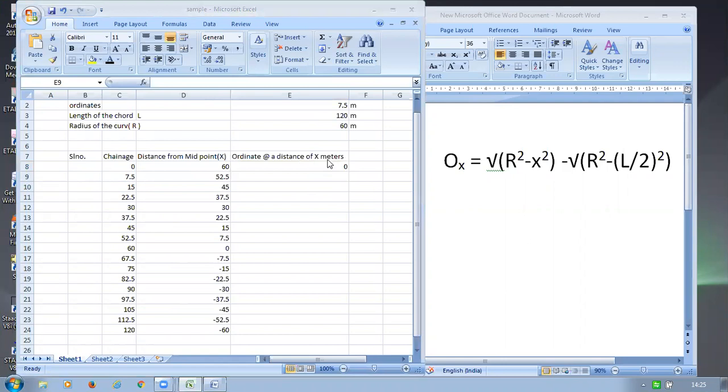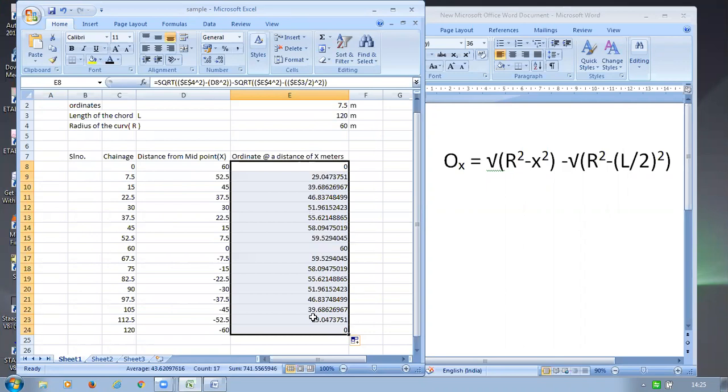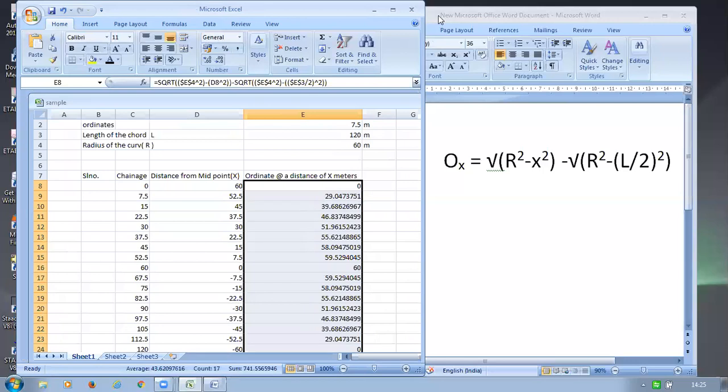Now drag this one. See, these are the values we'll get. So I'm enlarging the screen.